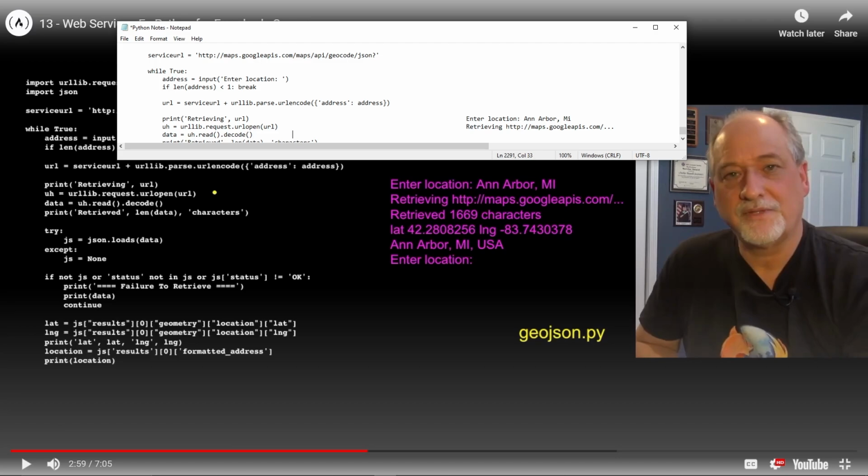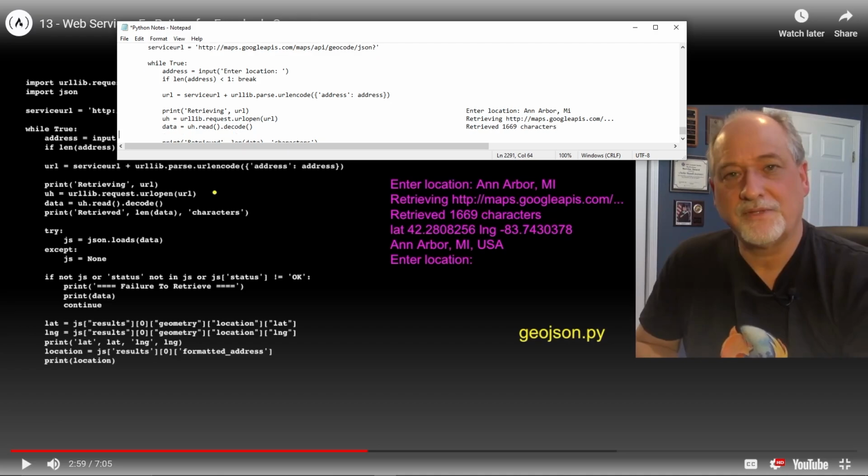I'm sure it would do the real thing if we were doing this on the computer itself. Let's do retrieved 1669 characters.